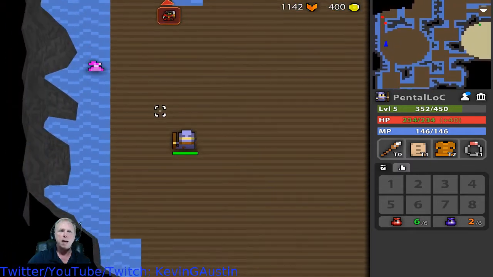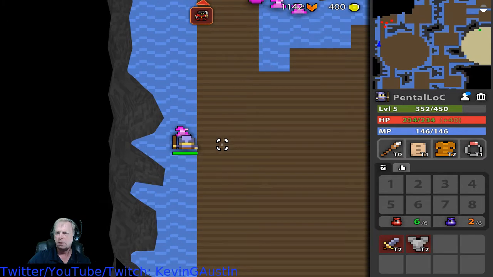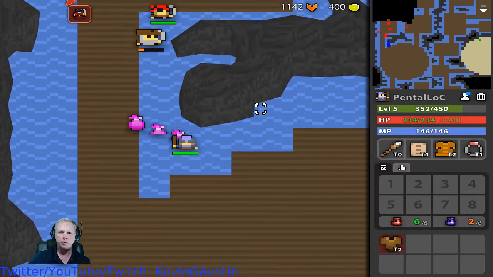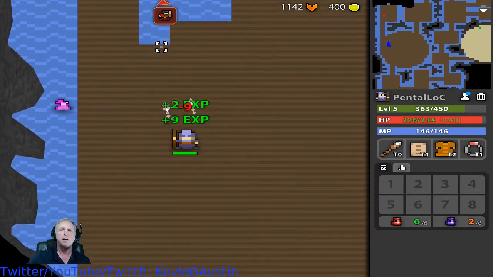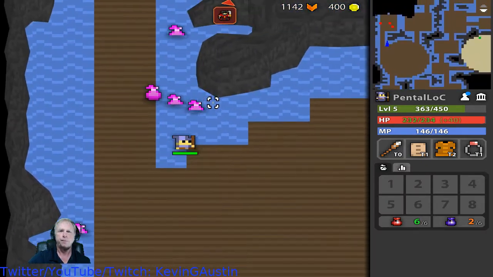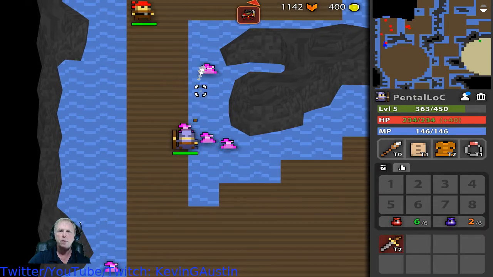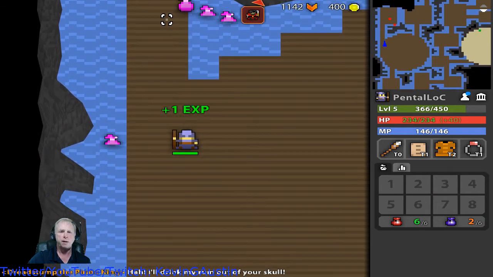Back away a lot. Alright, that's a dagger, not usable by us, and chainmail, not usable by us. What do we got? Leather armor, a sword, and a robe we don't need, because we already...